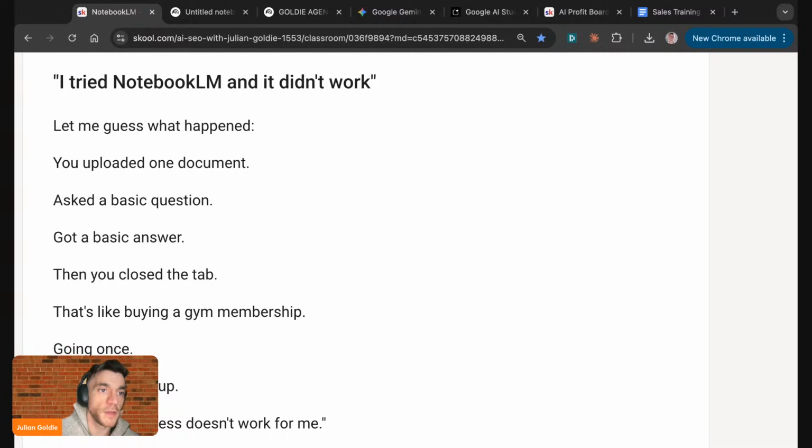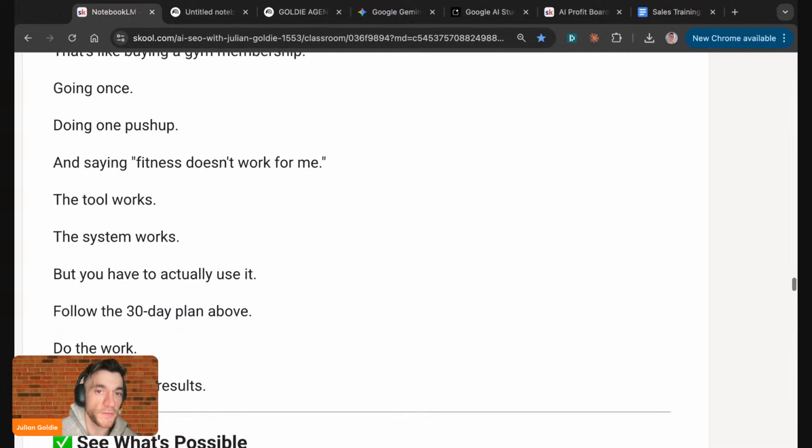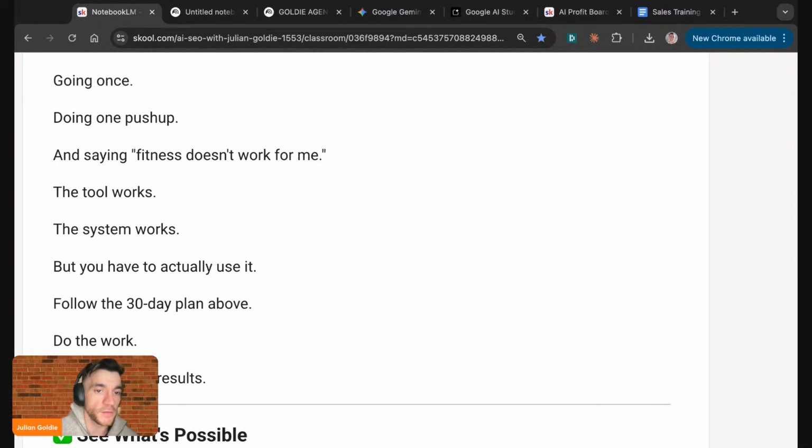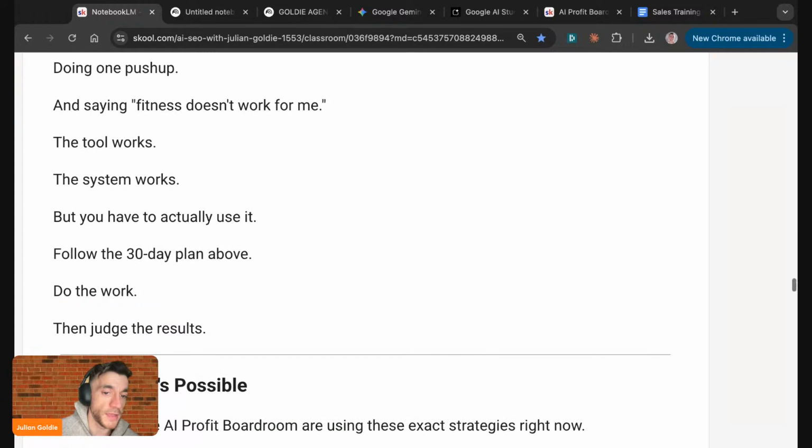And some people say as well, I tried NotebookLM and it didn't work. And let me guess what happened here. You uploaded one document, asked a basic question, got a basic answer, then you closed the tab. That's like getting a gym membership and going once, doing one push-up and saying fitness doesn't work for me. The tool works, the system works, but you actually have to use it. And so if you follow that 30-day plan that I've given you today, you do the work, then judge the